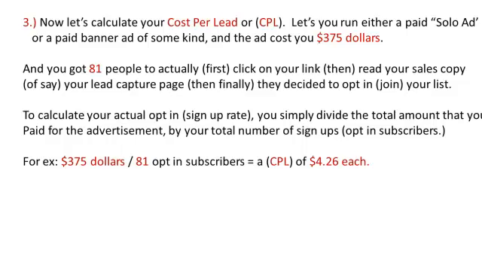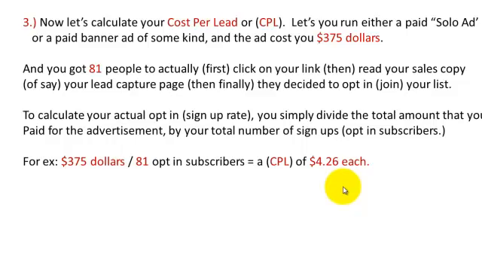Those 81 leads cost you so much based on the amount of money you spent. And the way you would figure that is you take the entire amount of $375, or X, divided by the actual number of opt-ins, in this case 81, and you should get a CPL, cost per lead, of $4.26. Now again, just from a surface calculation, if whatever you're doing on the end where you're ultimately trying to sell them